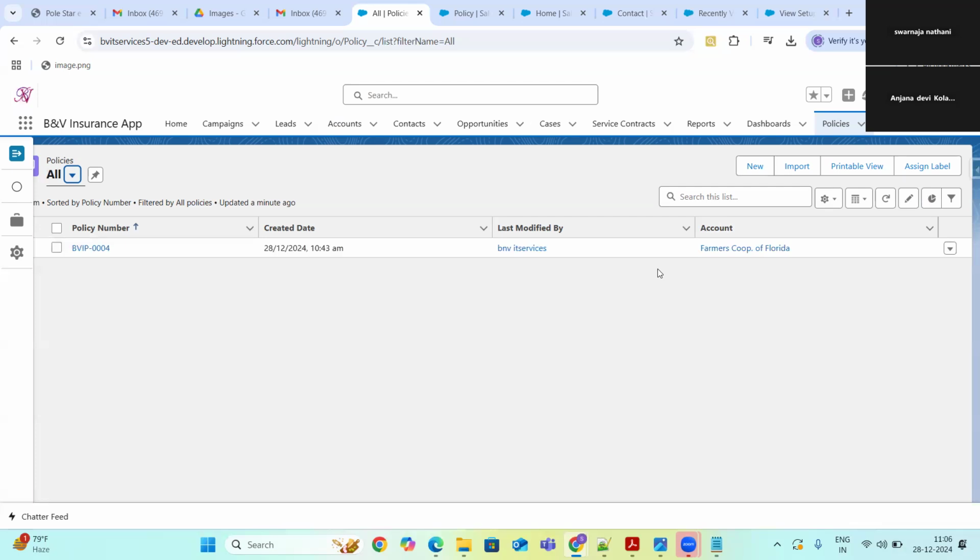You have to create the lookup relationship first, then you can convert that to master detail. Okay. This is mainly important, guys. Very important to understand the difference between lookup and master detail, and how to convert a lookup to master detail and master detail to lookup.